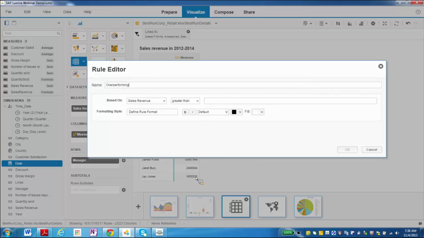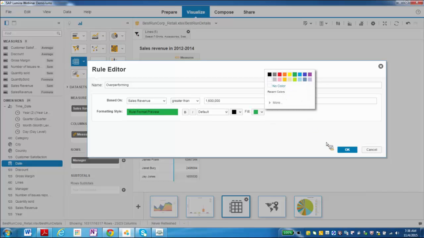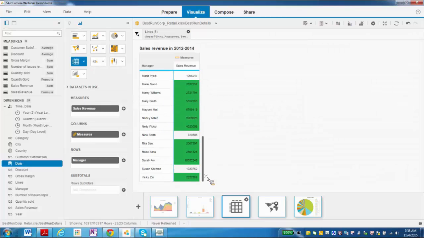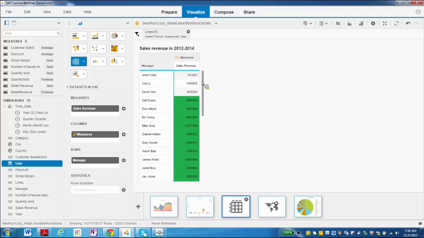And we say they're performing well if the sales revenue is above, let's say, 160 or 1.6 million. And let's fill it then with a green color. Okay, excellent. So now in a couple of clicks, we have been able to identify the sales managers that are